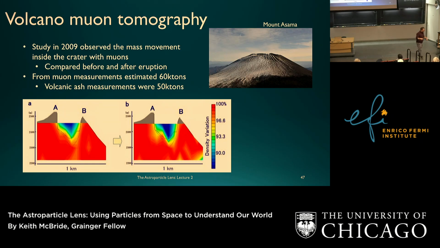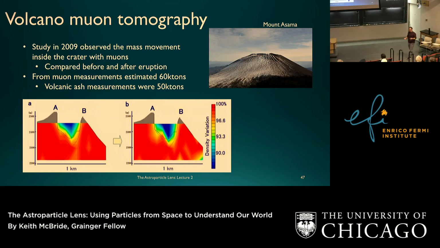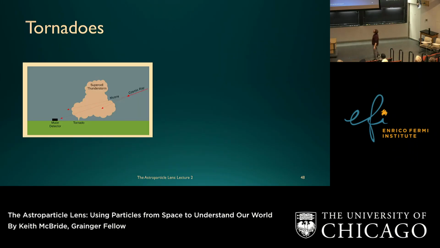But obviously, volcanologists also measure the amount of volcanic ash that's emitted from different images and photos and other techniques. They were able to say that it was closer to 50,000 tons. But it's amazing how close that is, actually, right? Because this muon tomography does not make any estimate other than the muon flux, right, with the detectors in these different sizes. There's also one project that I'm really excited to see the results of, which is